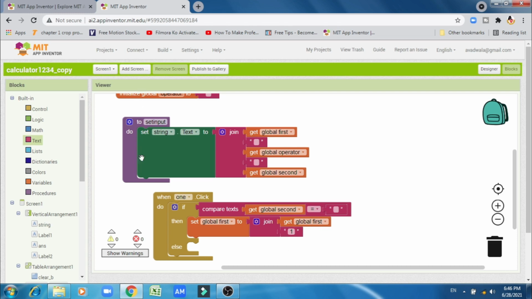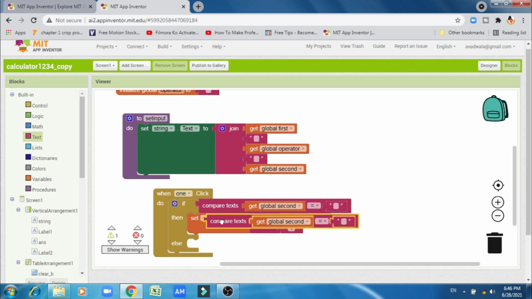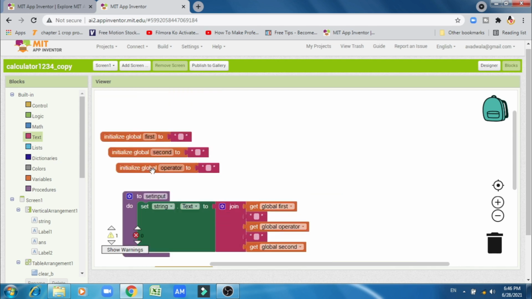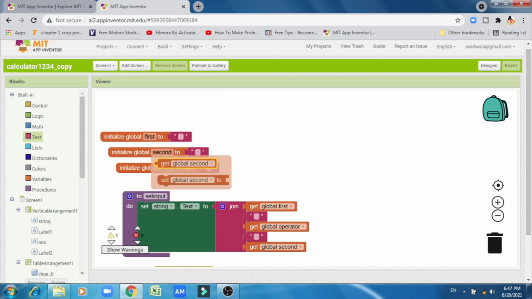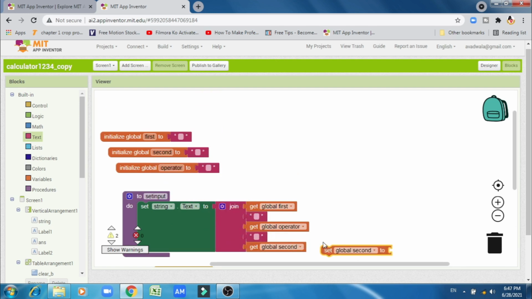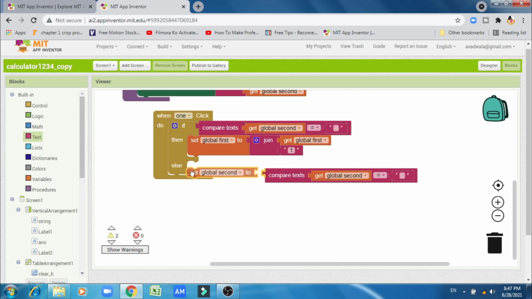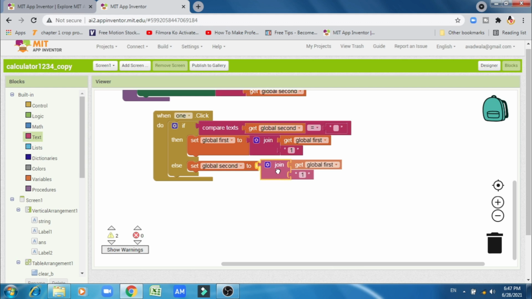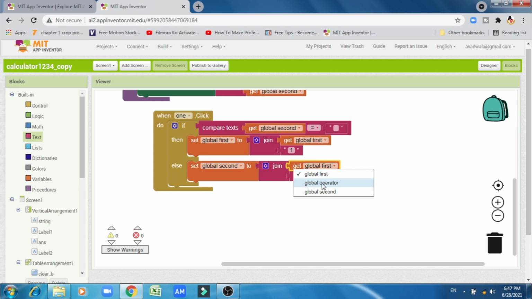And then if the operator is there, we have to duplicate that and set global second. We have to make set global second, here global second, and it will become 1.